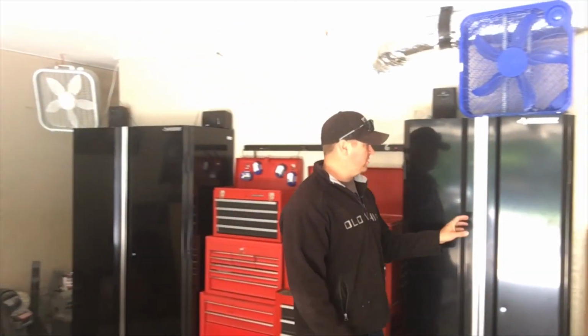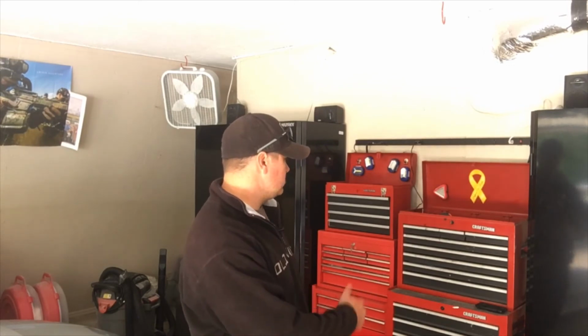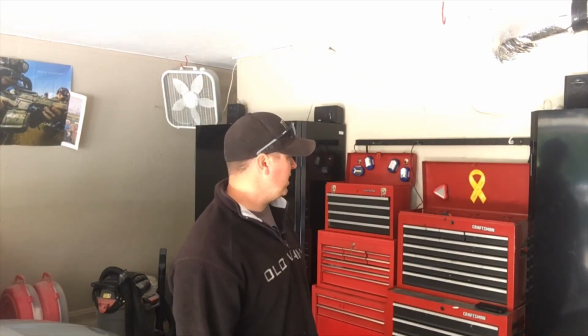Like I said, I looked at the Cobalt. I looked at Craftsman, which I wasn't real pleased with, hearing what people said about that. So I went with Cobalt. It still matches the toolboxes. Red and black goes together, so I wasn't real worried about that. I was worried about getting it clean. So as you saw in the picture earlier that I put in,